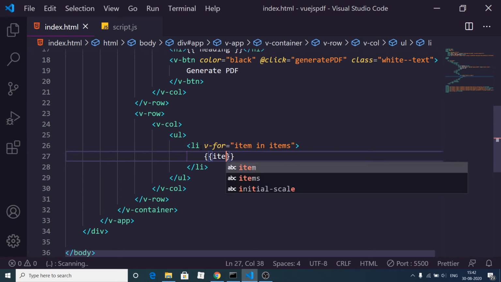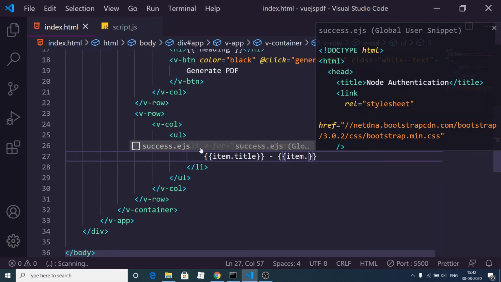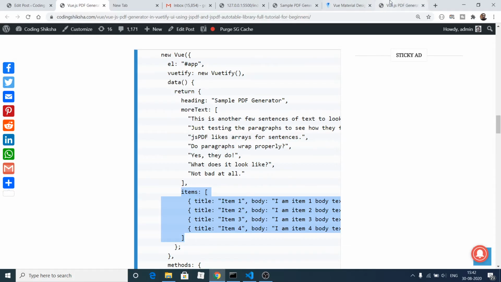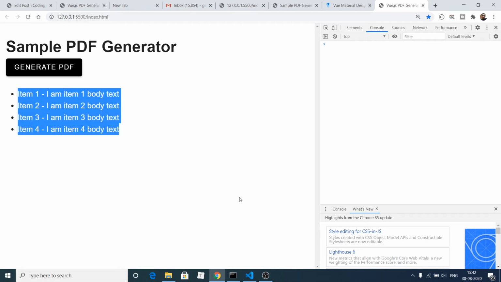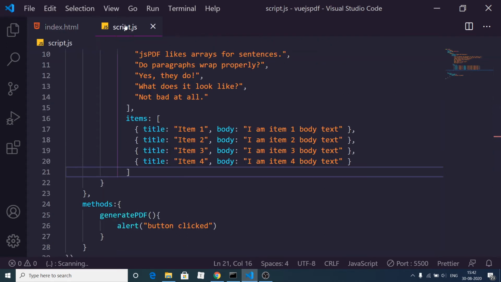Inside this we can write item dot title and then dash item dot body. That's it. So it will print out dynamically. If I refresh here, you will see item 1, I am item 1 body text. You will see item 1, item 2, item 3 and item 4. So this we need to change into a certain table. And now we have got all the text inside our application.